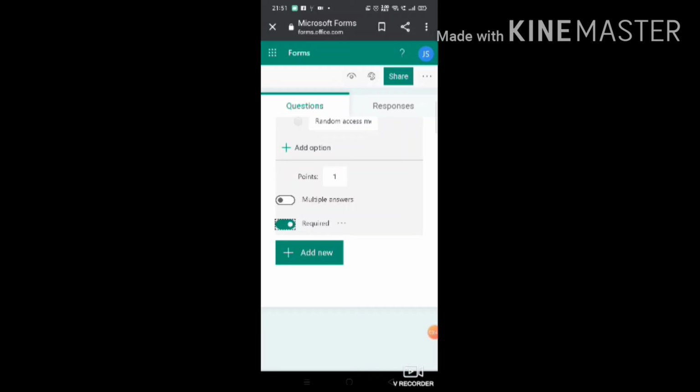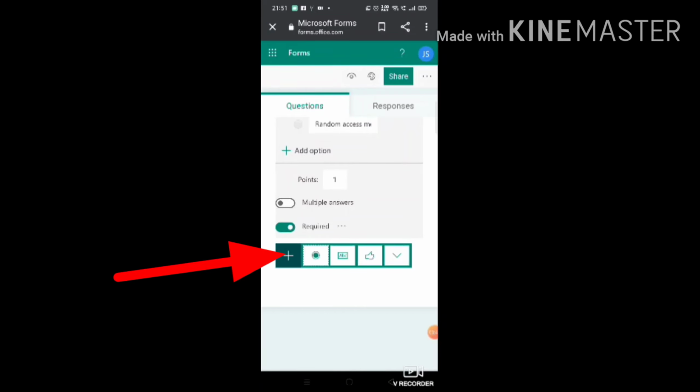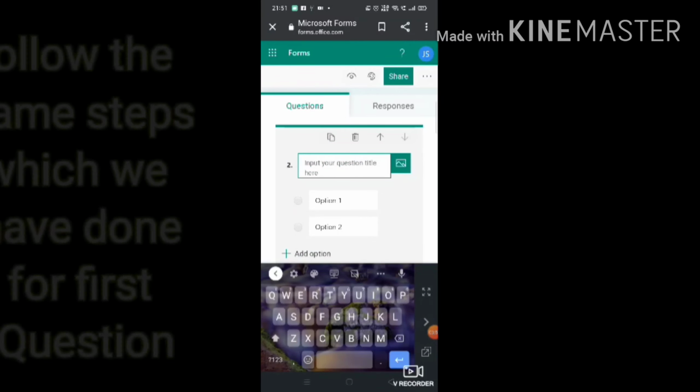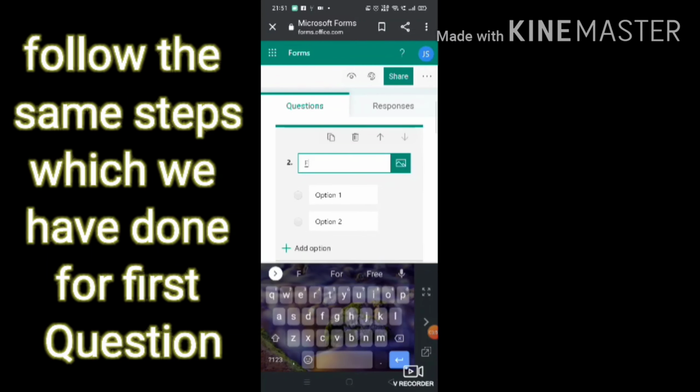Now next question, tap on this green button. Again I'm taking the same option. So I'm writing the next question here. Now we have to follow the same steps which we did for the first question. So I am writing the full form of Wi-Fi.